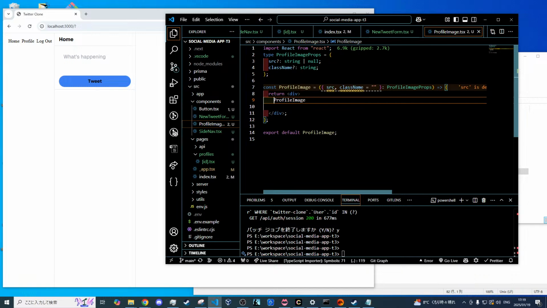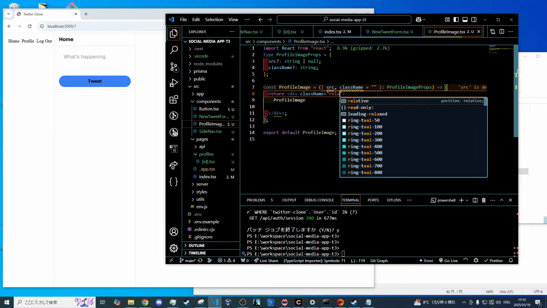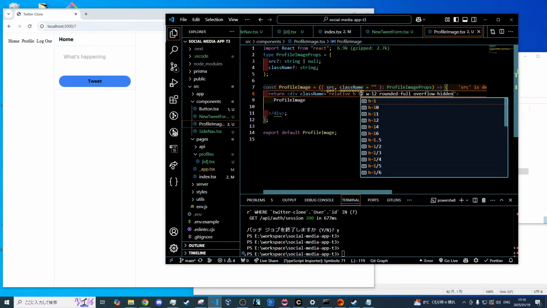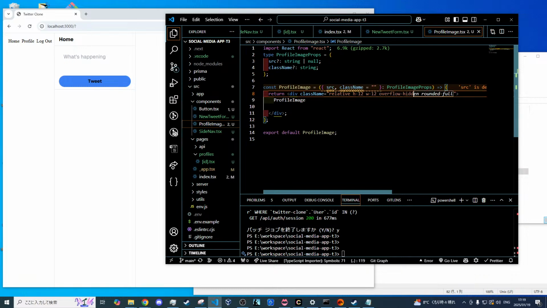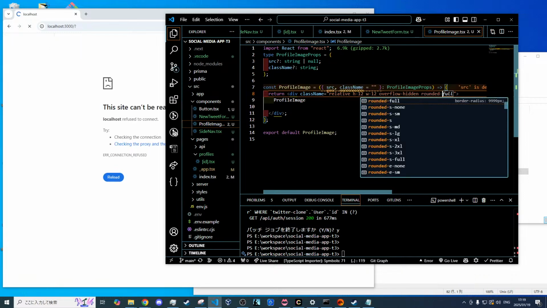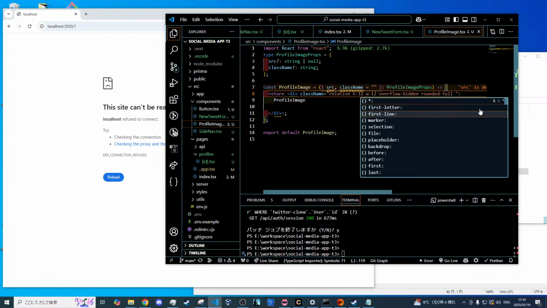We want it to be a relative position so we can absolutely position everything inside of it. We want to have a height here of 12 and a width of 12. Our overflow is going to be hidden, so we can make sure that all of our rounding actually takes effect. So we'll say rounded full to give us a circle, and then we'll pass in any custom class names that we need, just like that. Make sure that we actually properly do this. There we go. And then inside of here, we can do our check to see